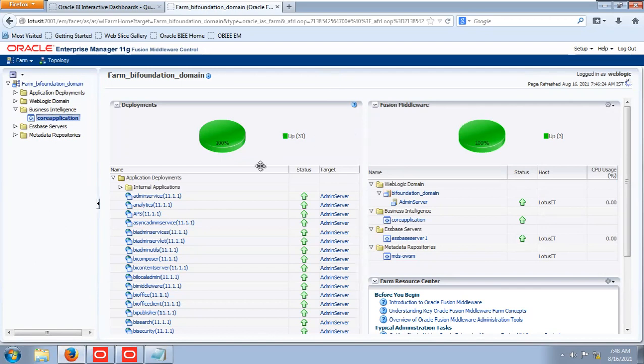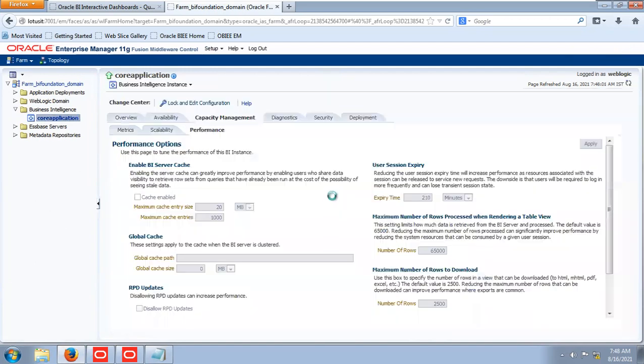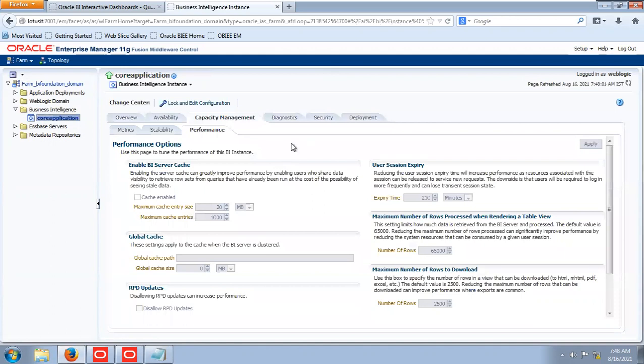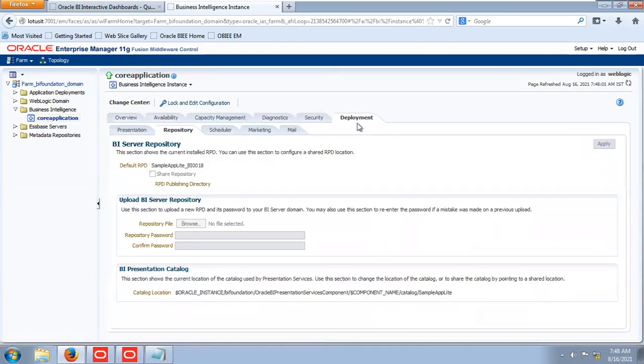This is all server status, all server related information. You don't need to bother about that much. Our main area is the deployment tab. Under deployment we have